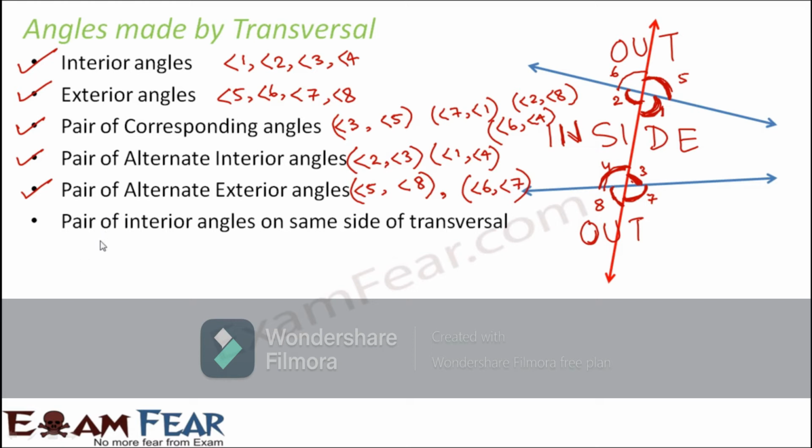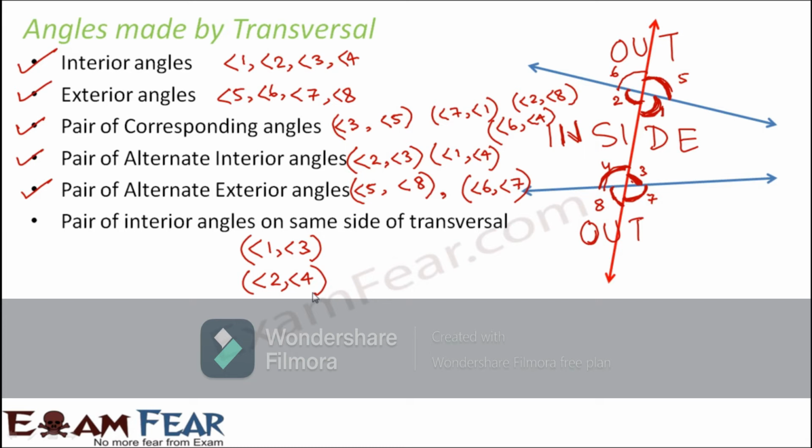Finally, you would also have a pair of interior angles on the same side of the transversal. So interior angles can be alternate, like 2 and 3 are alternate interior angles, but 1 and 3 are interior angles on the same side of the transversal. So angle 1, angle 3, they are interior angles on the same side of the transversal. Similarly, angle 2 and angle 4 are also interior angles on the same side of the transversal. So you see, these are all angles which are formed by the transversal and they have been given different names